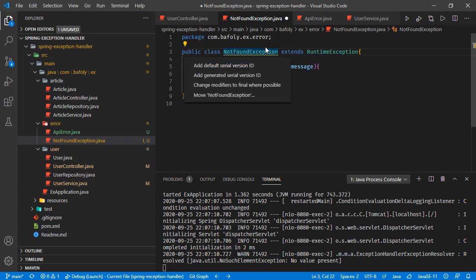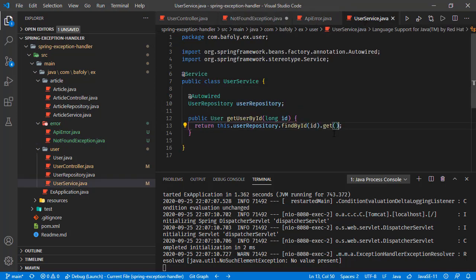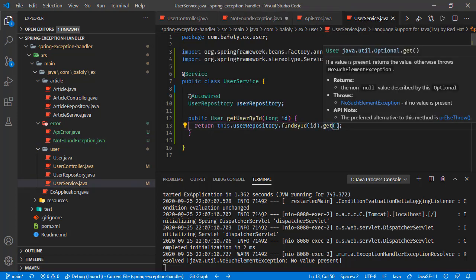It is asking for serial ID, serial version ID. So let's do the suggestion. Now, in the user service, this get method was triggering this no such element exception, but now